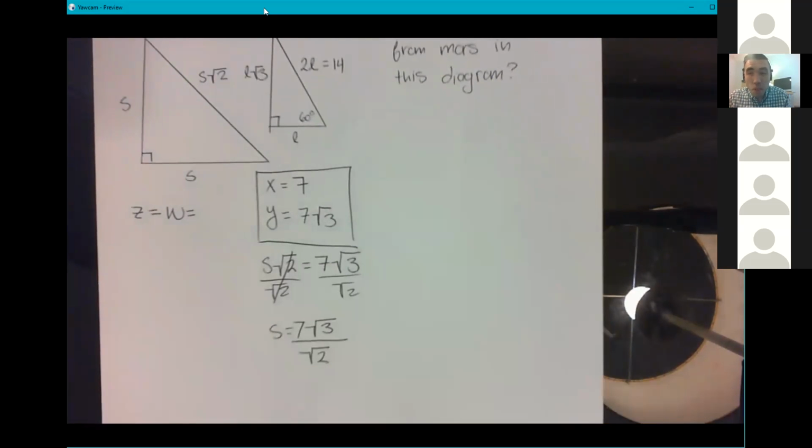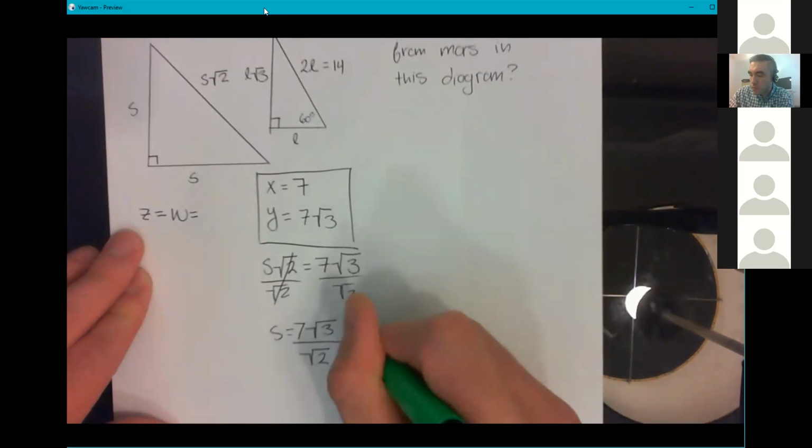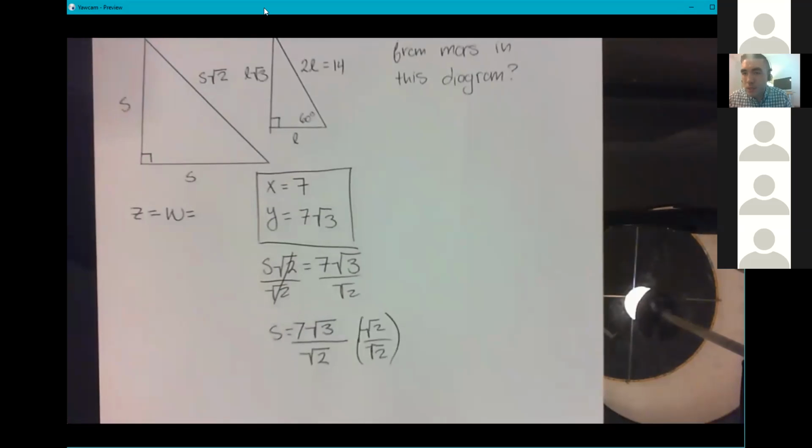So what am I going to multiply it by? By root 2 over root 2. Root 2 over root 2 is equal to 1. So multiplying by this isn't going to change what the decimal is if we were to calculate it. It's just going to change the way that this appears. And so this is going to give us